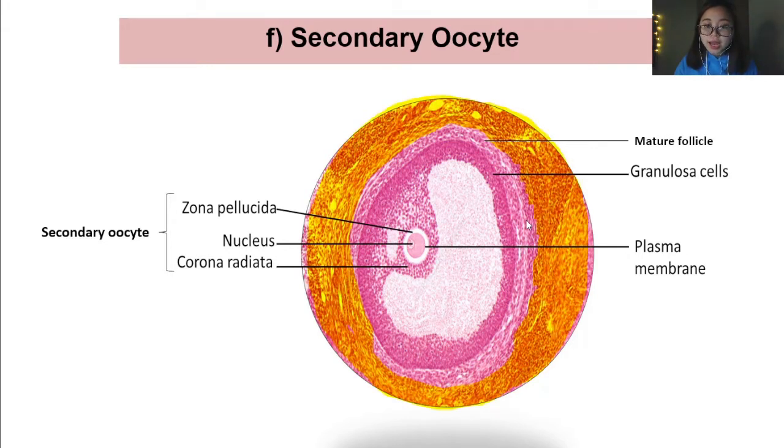So I would just like to highlight this part here. This part that I have in yellow is actually part of the flesh in the ovary. Yang saya warnakan kuning di sini, ini adalah sebahagian daripada ovary. So this is the organ itself. Okay? This part here is the layer of